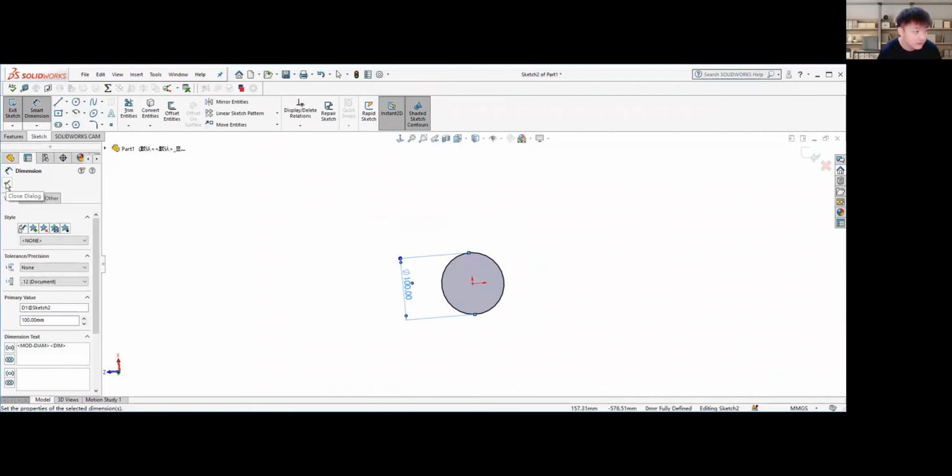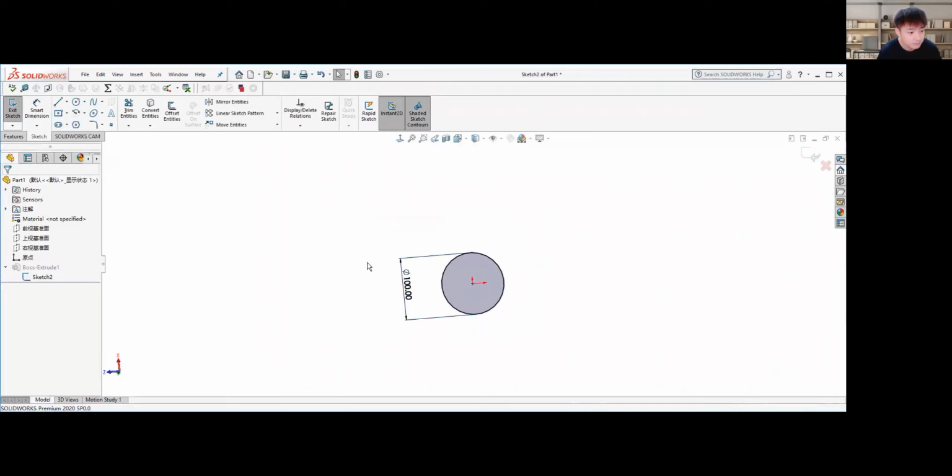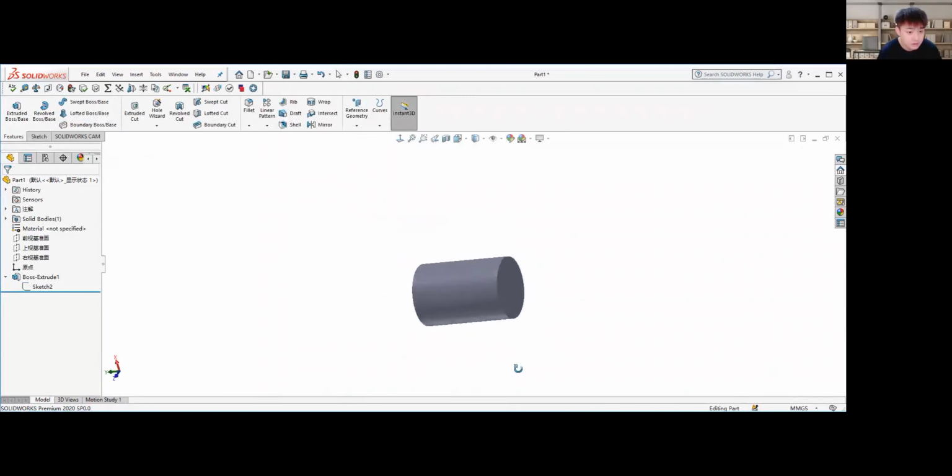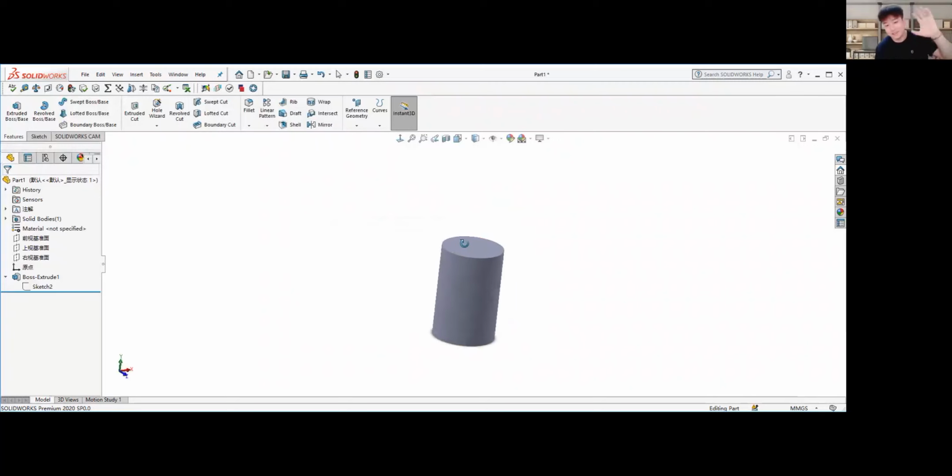Okay, and then close the dialog and exit sketch. It has changed, right? It looks like it became shorter. It became shorter, but it's not. Yes. It just looks that way because the circle is bigger right here. See that? Yes. So if we want to extrude, make the depth higher, make it longer, we can change